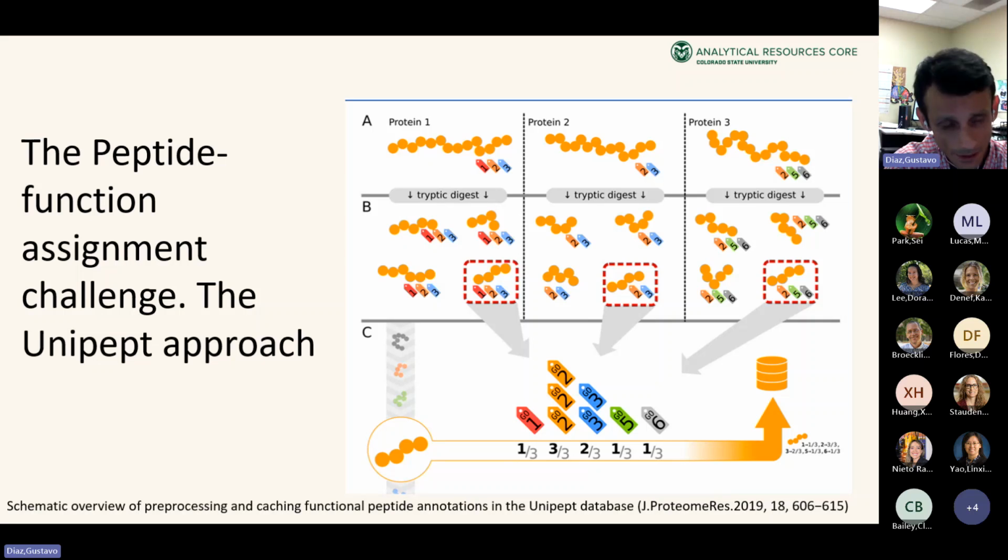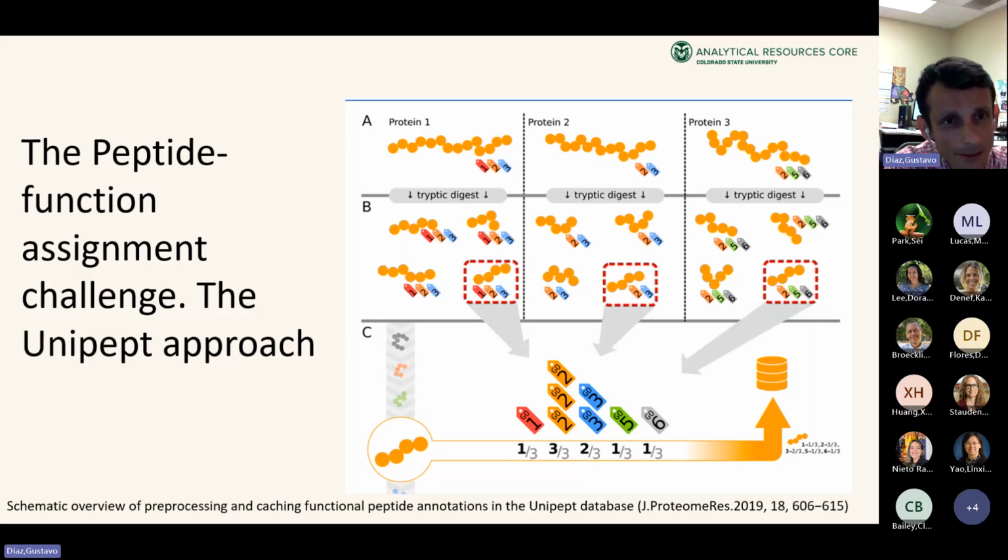So, and again, here I just brought the example of UniPept because it's a very strong strategy. So here we have again the problem of assignment because, as I just told you, a peptide can be linked to several proteins. Because of that, a peptide can be linked to several biological processes, several biological functions. So it seems like we are not going to be able to connect a peptide with a single biological function. But what we can do is to summarize all the biological functions that are potentially linked to a particular peptide.